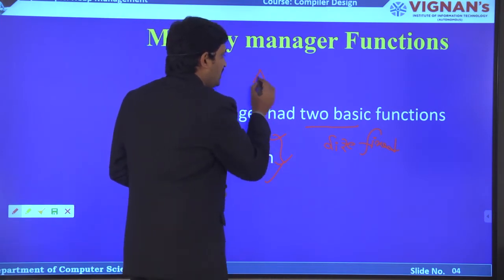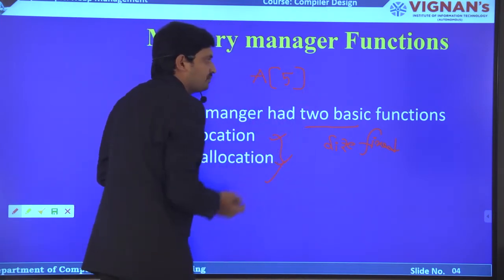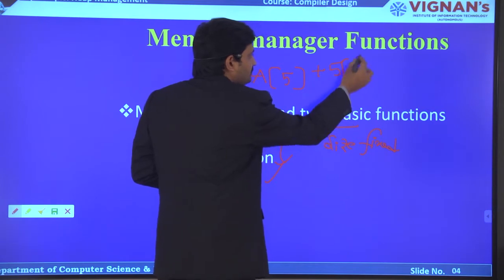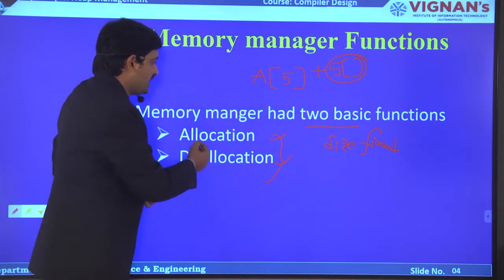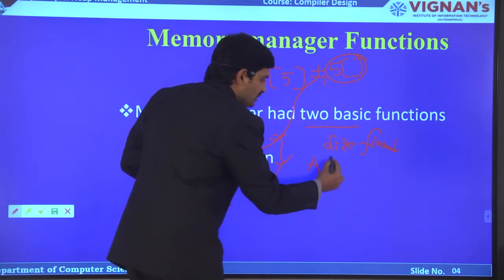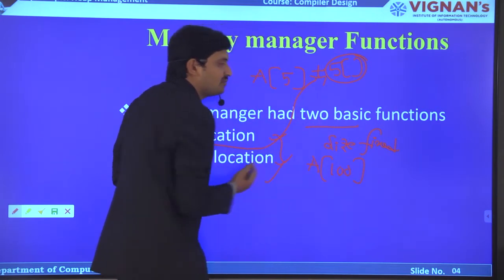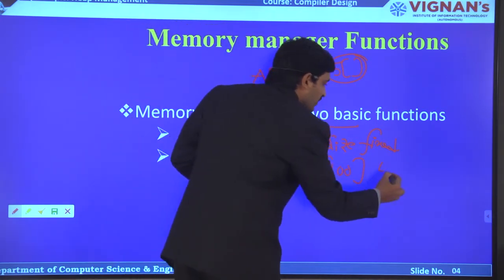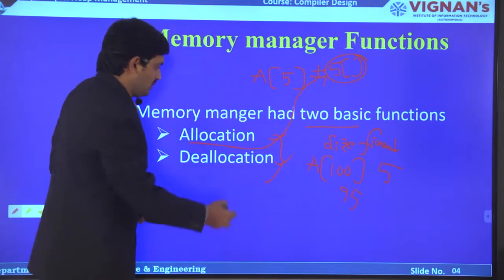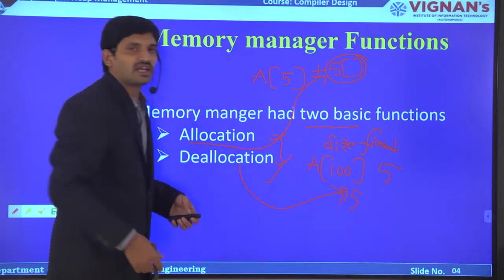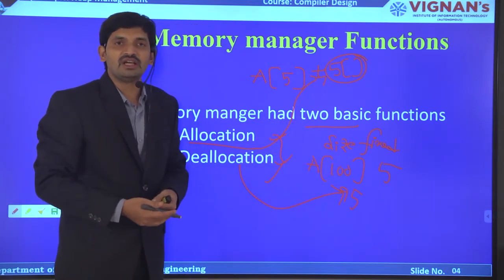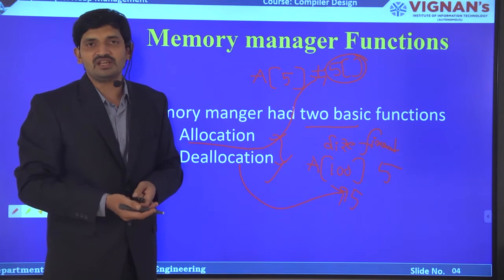For a basic example, if I am using an array, while execution is going on, if I need 5 more blocks of memory, then by using allocation, I can allocate the memory for me. The second example is if I have 100 blocks of memory with me, but I used only 5 blocks. So the remaining 95 blocks are wasted. So the memory manager deallocates these 95 blocks of memory. By this allocation and deallocation, the program execution and performance is increased.